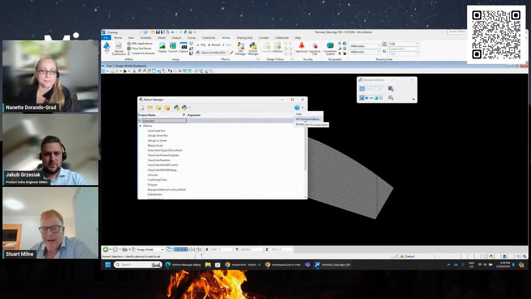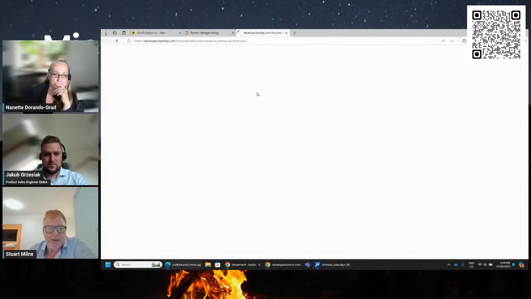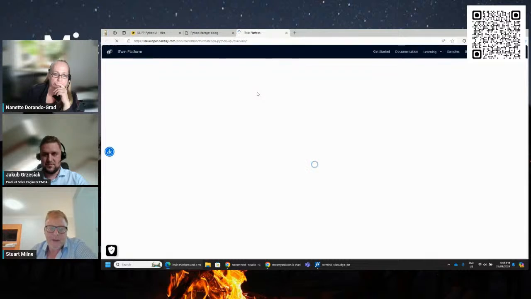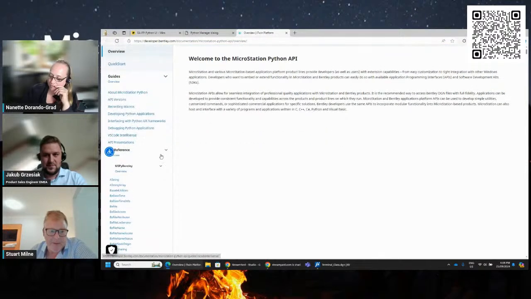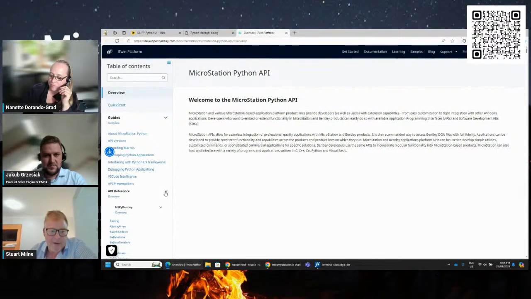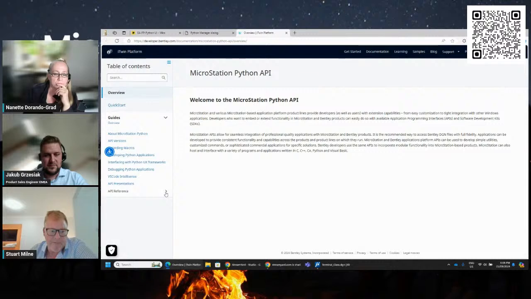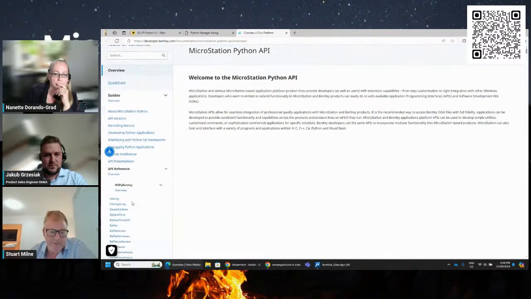We also have our API documentation as well. The API documentation starts off with various guides about MicroStation Python, the versions we're using, how to record macros, and a few other tips. But down the bottom, we have the API references. What this includes is all the different